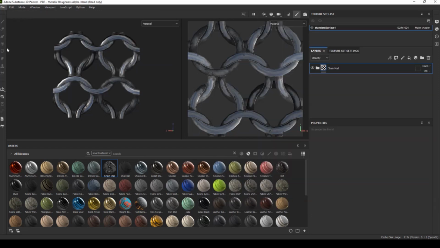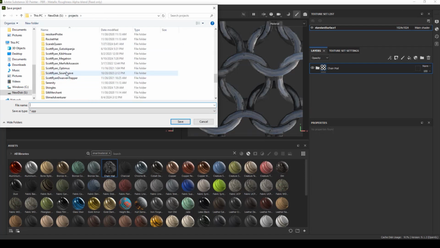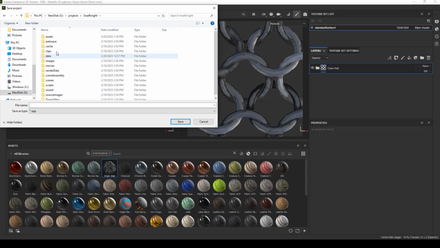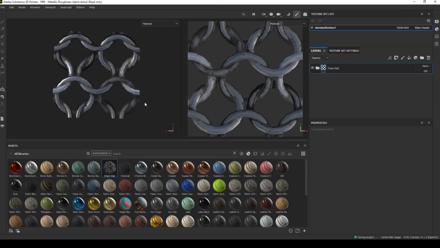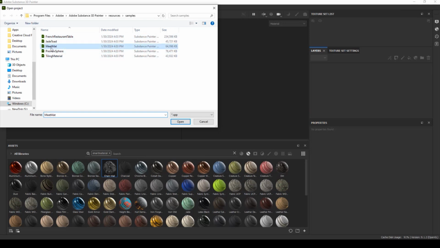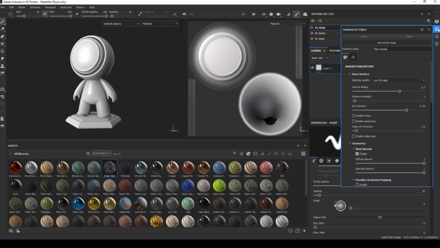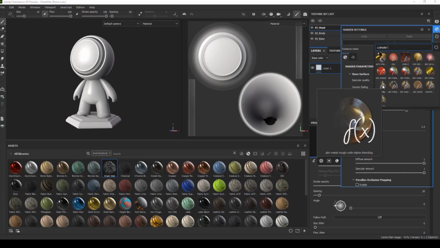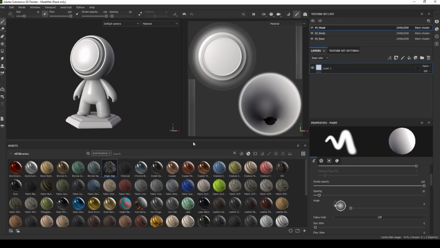I'm going to save this just in case, so I don't have to do all that again. Find my Snail Knight. I think I'll put this one in data. There you go. So I'm going to open a sample. I'll use the meat mat. And I want to make sure this is using opacity. Otherwise, this is not going to do anything when I use it. Now, if I throw my chainmail onto him,